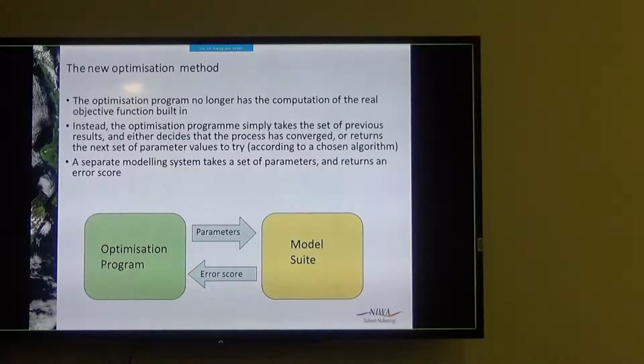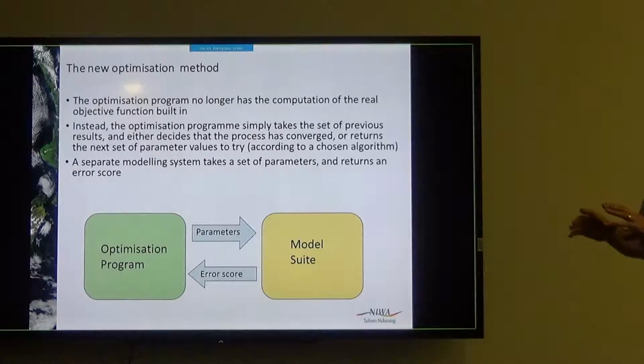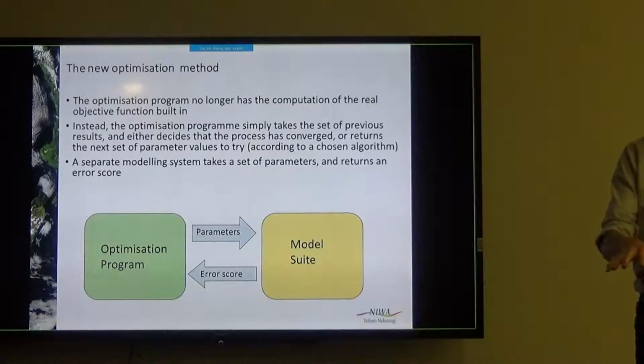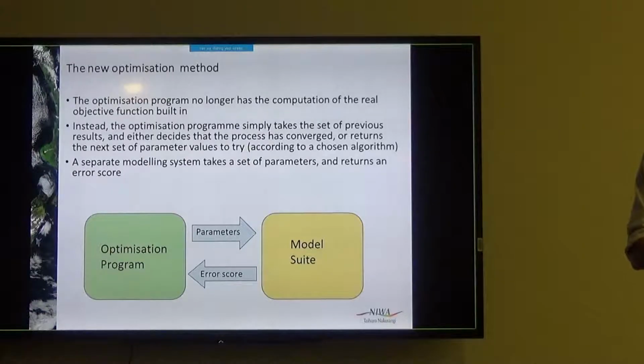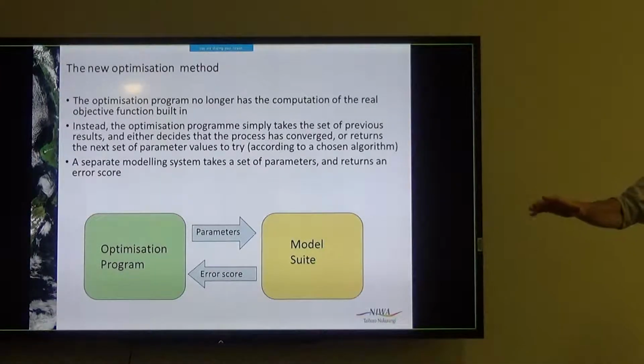So basically, we have an optimisation program here. As far as it's concerned, the model system is just a black box which says, take some parameters, do something, and give me back a number. And it gets back that number, puts it in its lookup table, and so we've already got our model suite set up as a Cylc suite. So that work's all been done. Now, as long as that can read a bunch of parameters in and write one number out to a file, you're good to go. You can hook it up to our optimisation suite,